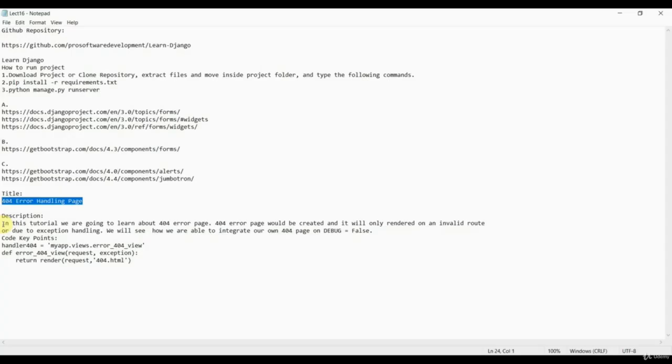So basically in this tutorial we are going to learn about the 404 error handling page. The 404 error page would be created and it will only be rendered on an invalid route. So basically what we mean by invalid route, or due to exception handling, is that if a user